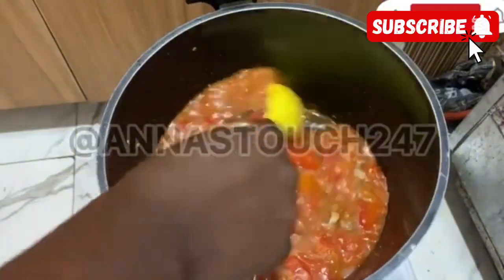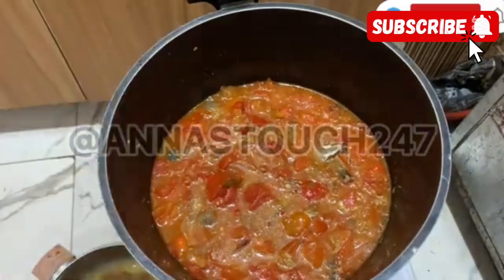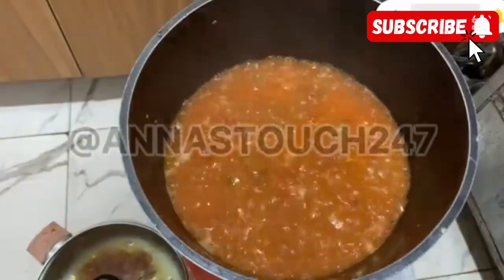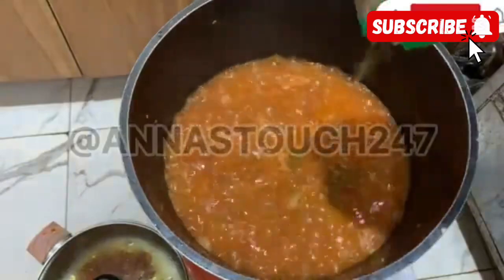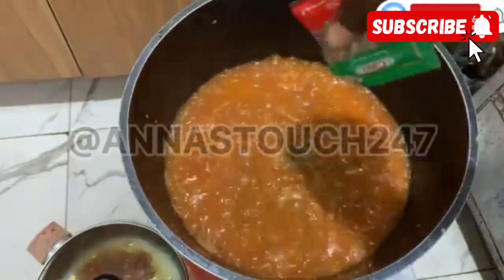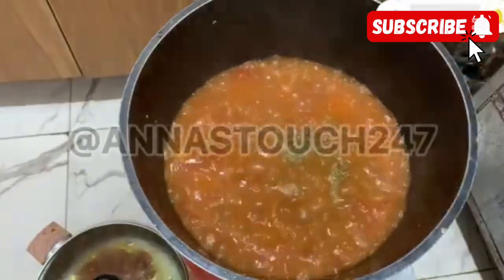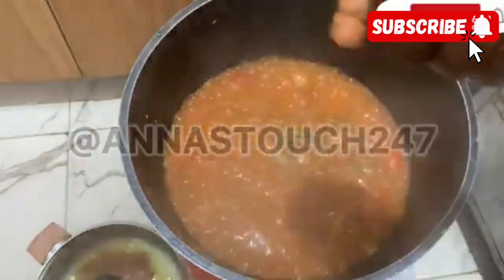At this point, I have not started seasoning this sauce base because I would first of all infuse the flavor from my stock before I start adjusting my seasoning. So you can see this is just now that I am adjusting my seasoning after allowing the fish stock to marry each other with the tomatoes and peppers, and then when I go in to taste it, I can now start readjusting the flavors. So now I just went in with my Korean thyme and then my salt and then